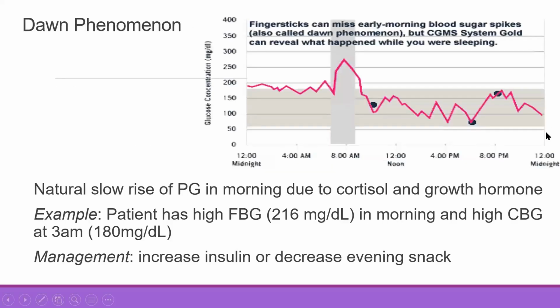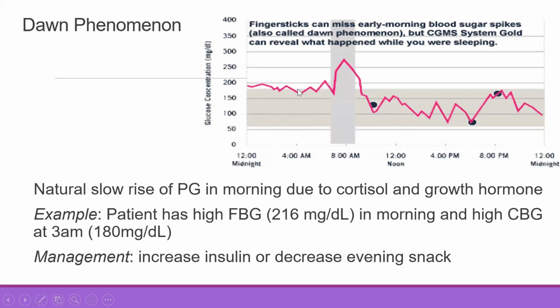So this is the Dawn phenomenon. You can see that the morning blood glucose is high because at night the blood glucose level is on the higher side. So the patient didn't have any control of the nocturnal blood glucose level. It is almost at the level of 200, and in the morning it has gone up further. But if you find that the daytime blood glucose level is quite perfect,